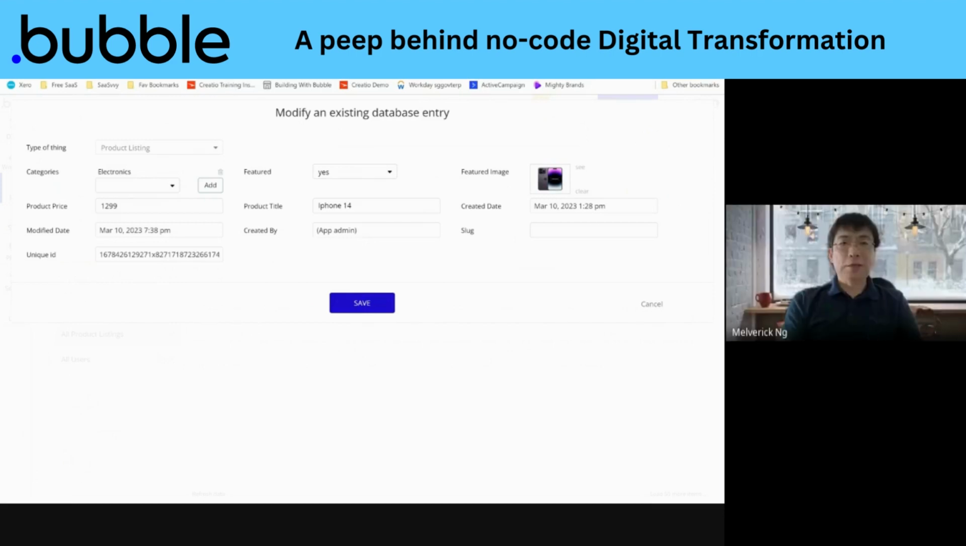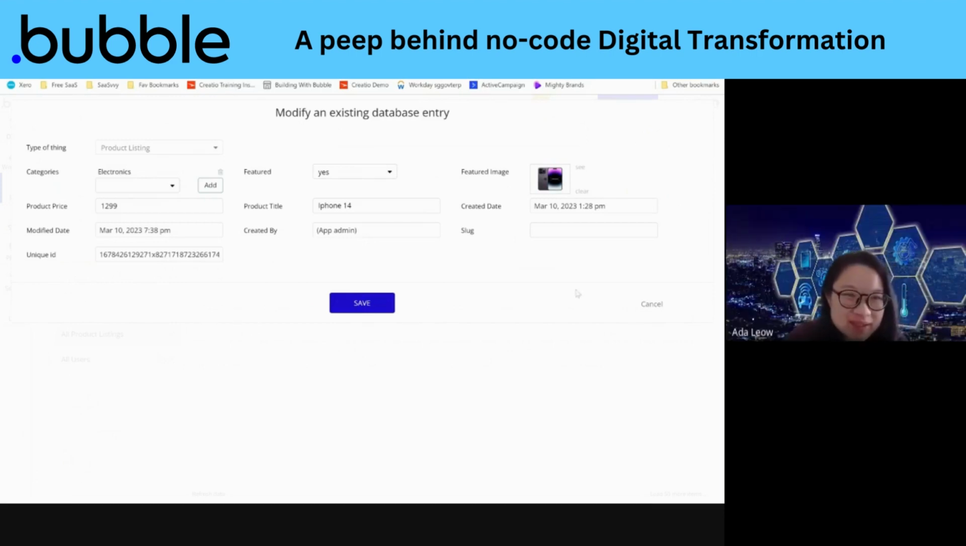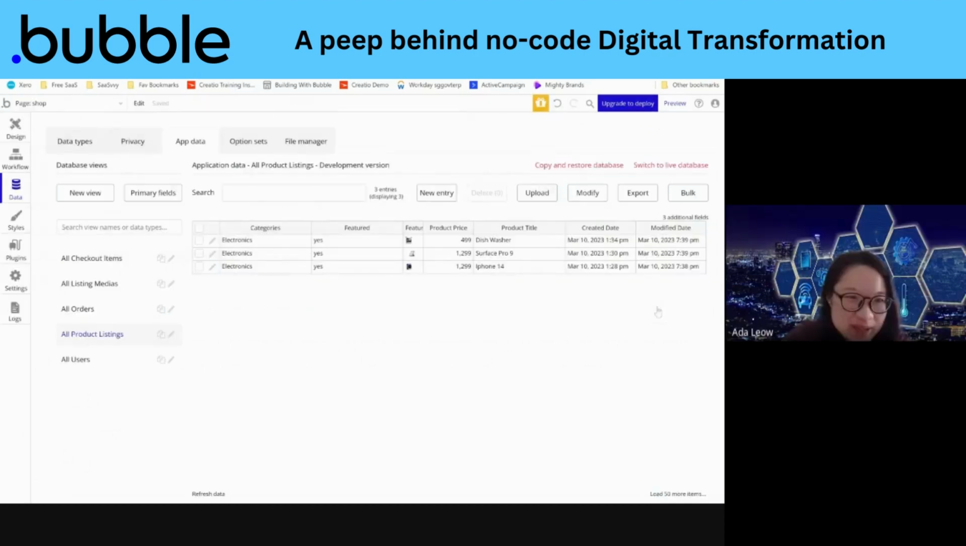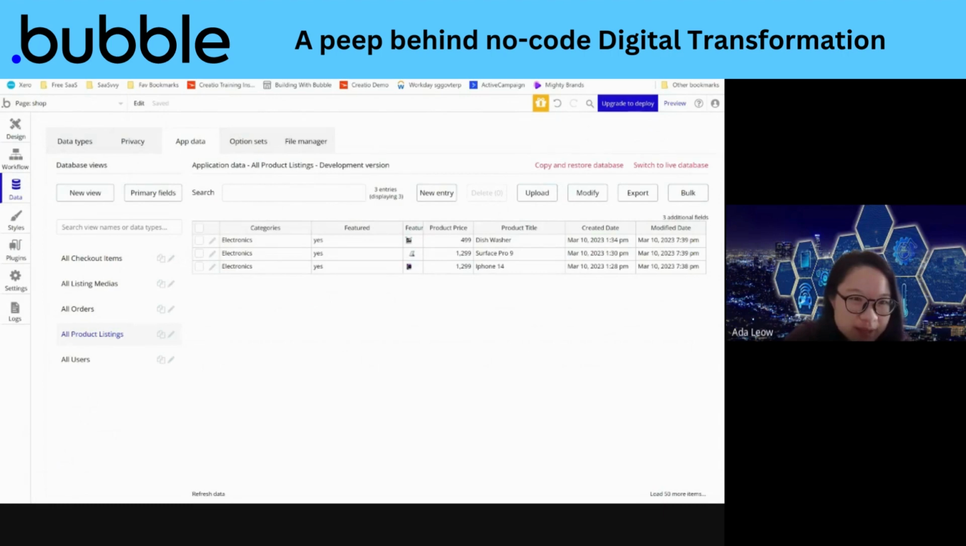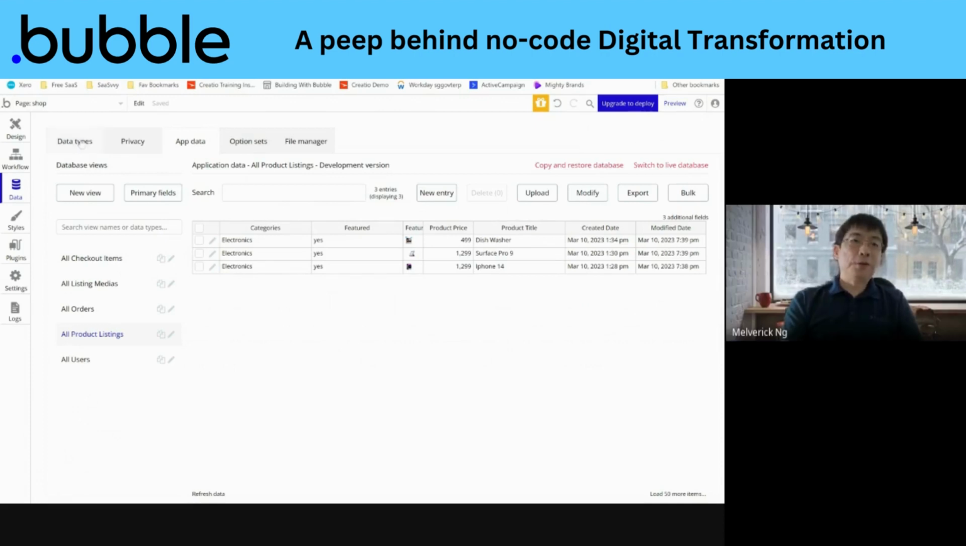Okay, wait, pause. You go back to the previous page first. So where I see my product, at the side, just below that search bar at the left side of your screen, you see all checkout items, all listing medias, all these. Are these fields that you need to intentionally create on Bubble first? Yes, correct. You need to, before you build this app,